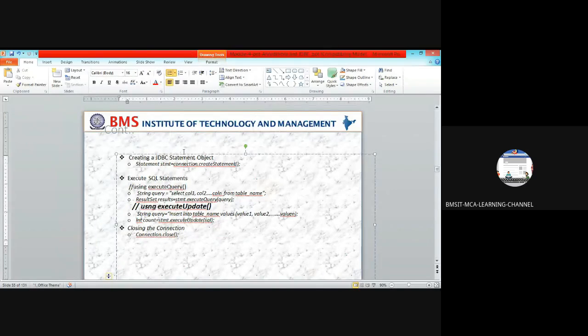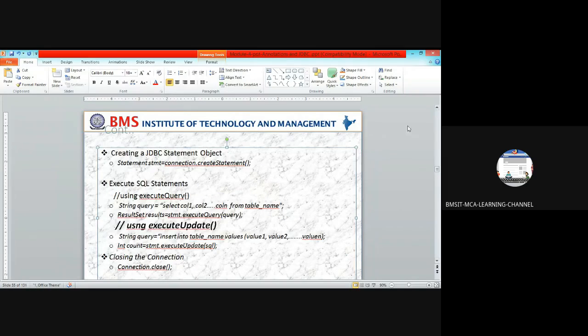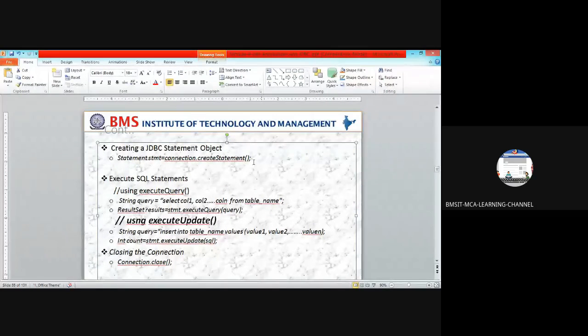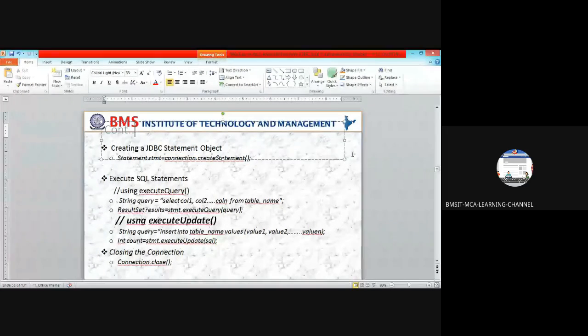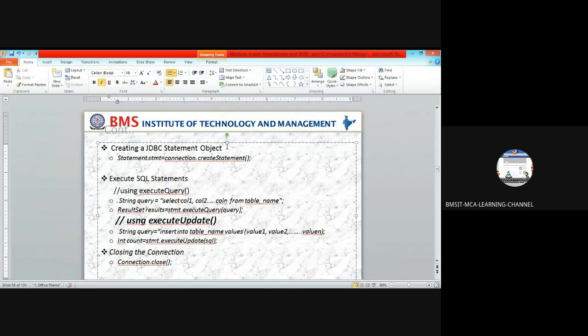Putting it all together, the fourth step of JDBC is creating a JDBC statement. We have seen loading and registering the driver, connecting to the database, and setting the timeout.